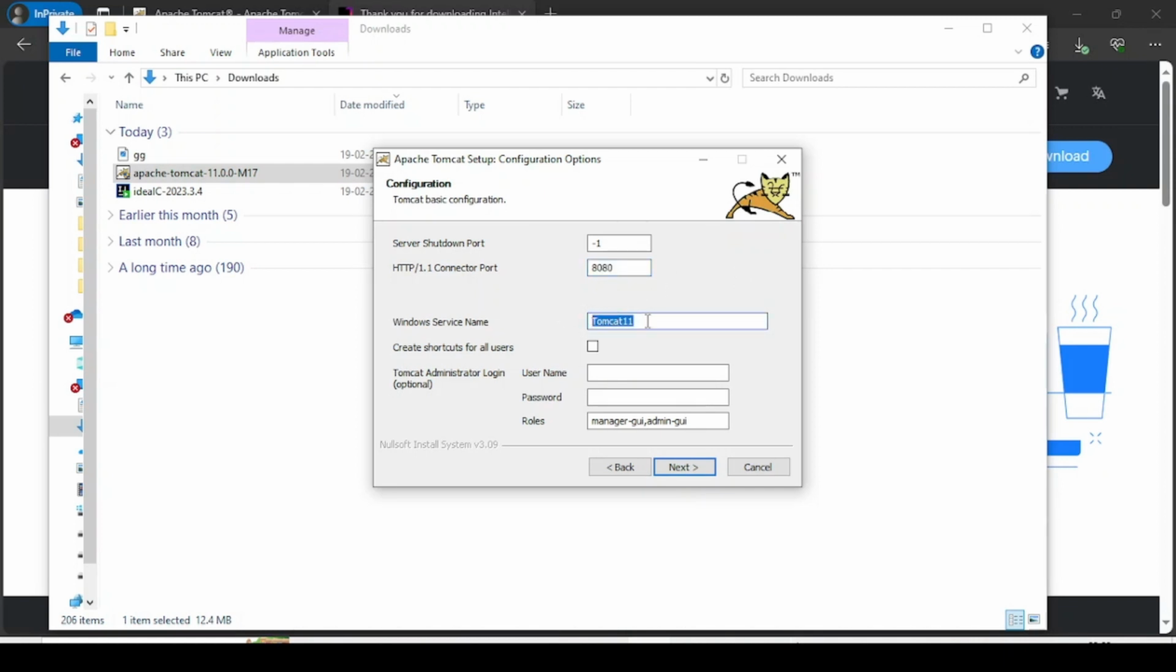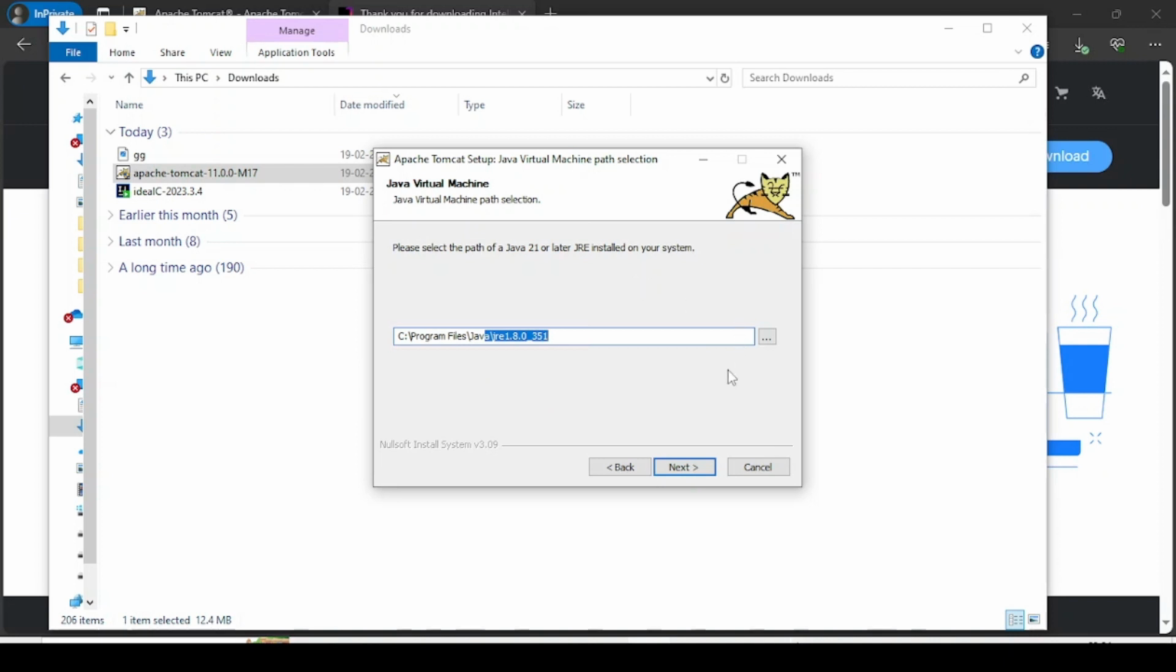If you are willing to change it, you can change the Tomcat 11 name as well, and you have to give a username and password. If you don't want to, you can leave that and click on the next button. It is asking for the path you have to select to install this